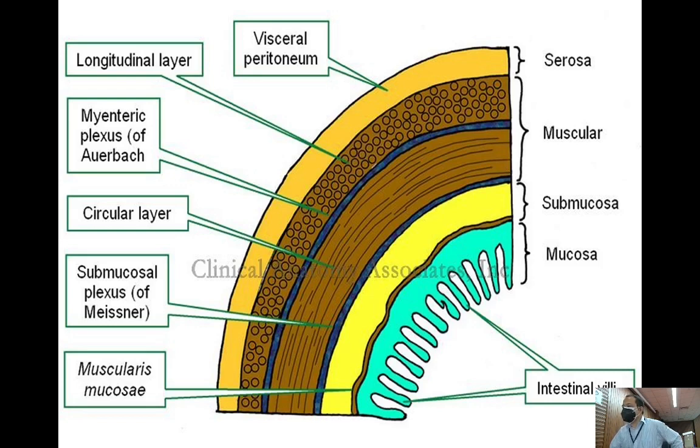But in the stomach, you have an additional layer. The innermost layer in the stomach is called the inner oblique muscle, a muscle that is arranged obliquely, followed by smooth muscle arranged in a circular fashion, then followed by smooth muscle arranged in a longitudinal fashion. These are not different types of smooth muscle. They are the same smooth muscle but arranged differently, in different ways and positions, to provide